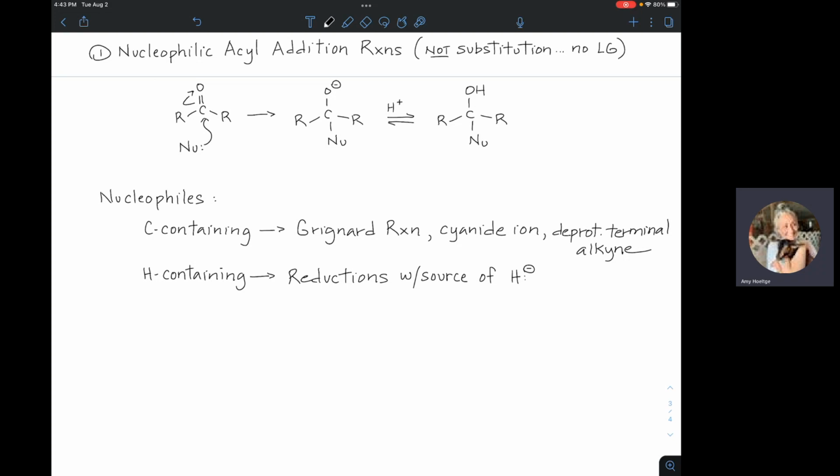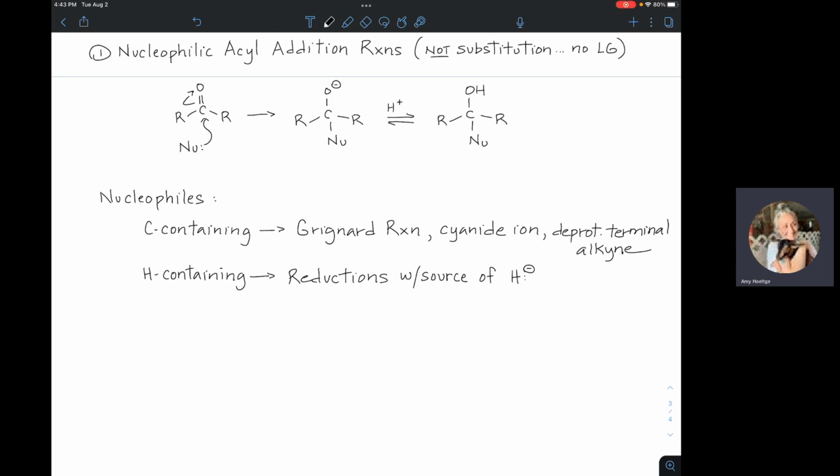So remember way back when we did alcohols and we oxidized an alcohol under anhydrous conditions with pyridinium chlorochromate and methylene chloride, so that we would stop the primary alcohol from going all the way up to the carboxylic acid. So we stopped at the aldehyde with that, right? You can take an aldehyde then, and you can allow it to be reduced in the presence of a hydrogen-containing